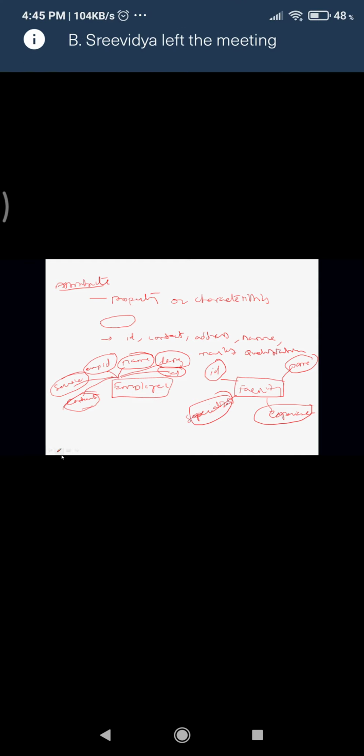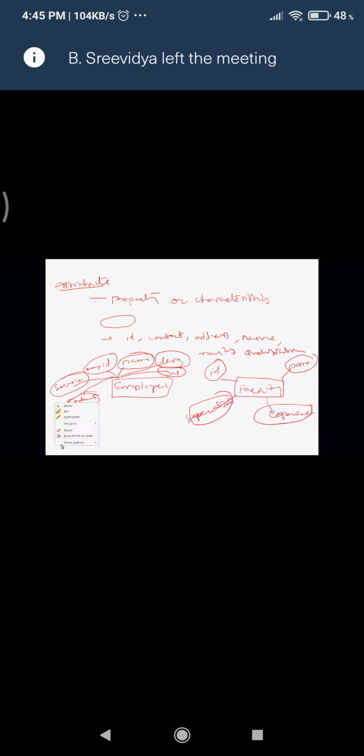Now, in the properties we have some variations. As I'm telling you about the different kinds of properties, there are key attributes, derived, multivalued. Like this we have different kinds of attributes available. We'll see one by one. When I say attribute, the first one is the key attribute. Now, what is this key attribute? It is to represent the main characteristic of the entire entity.